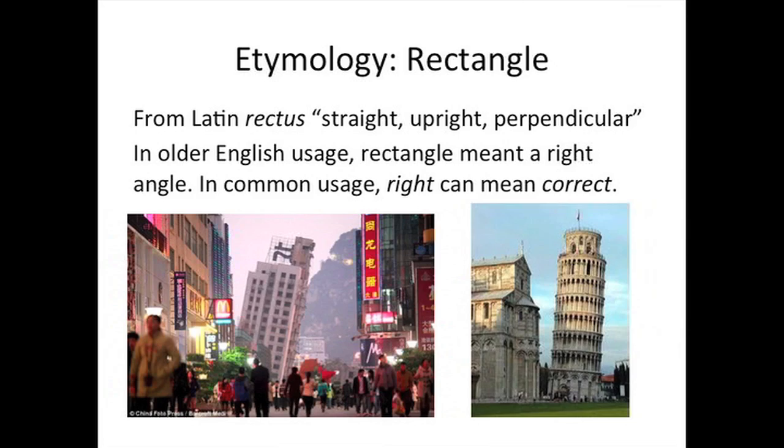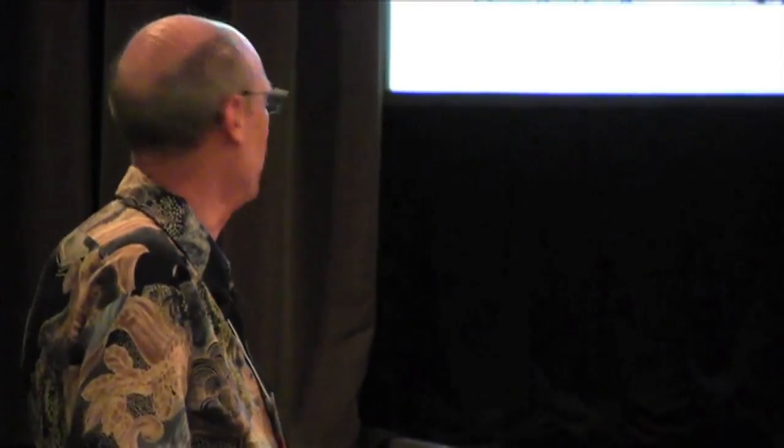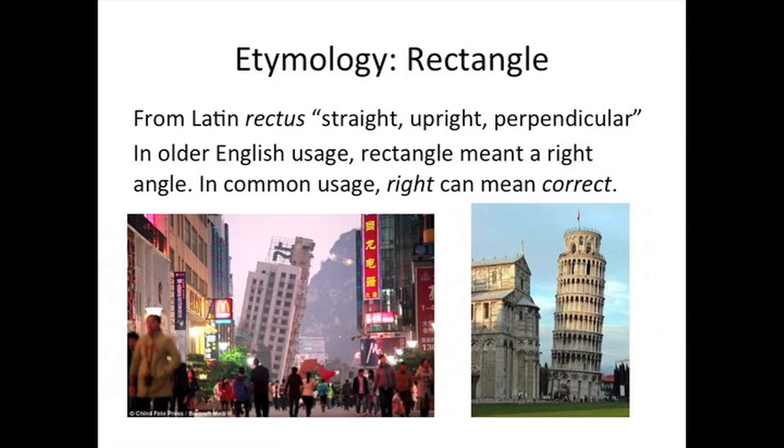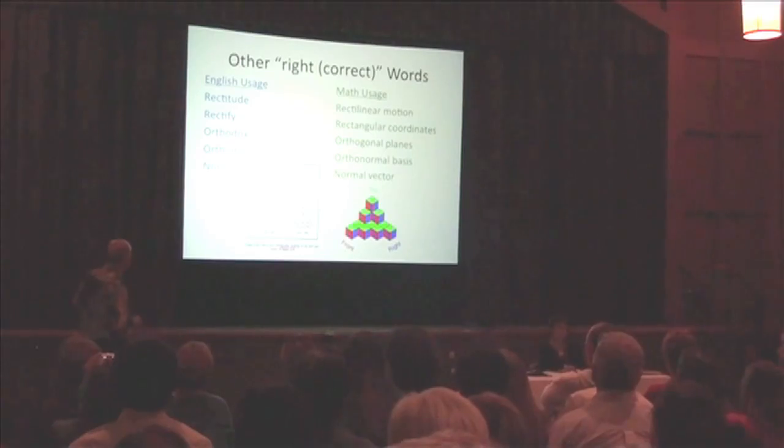This building, there was an attempt to destroy it with explosives. It was supposed to split in two halves and fall. One half fell, the other half didn't. And so that's leaning. So what about a right angle? What's right about a right angle?